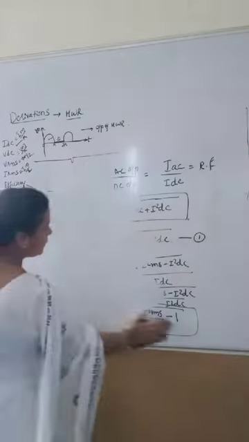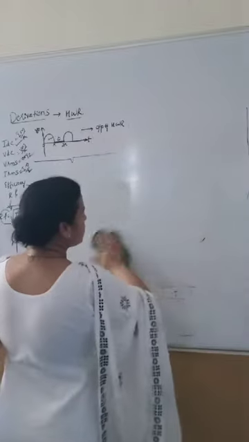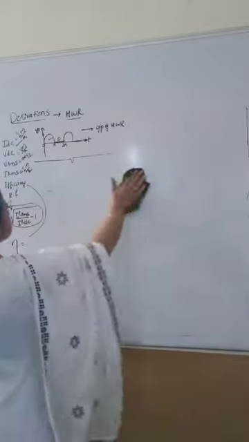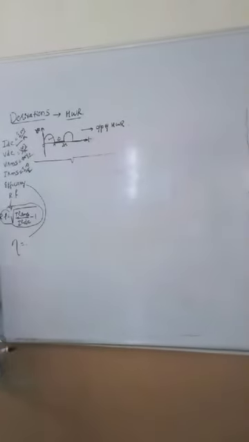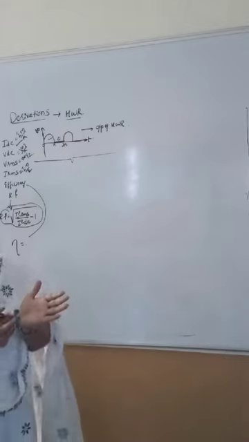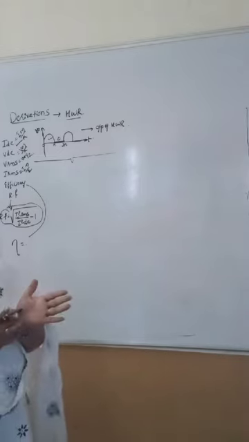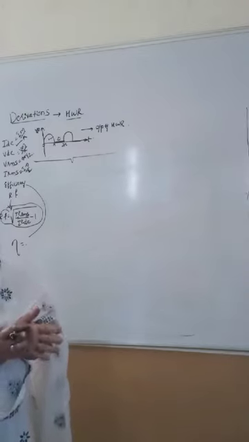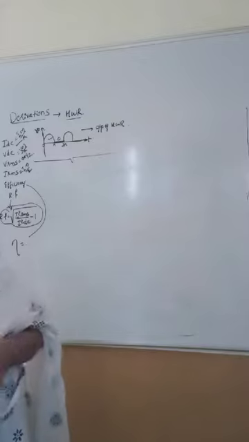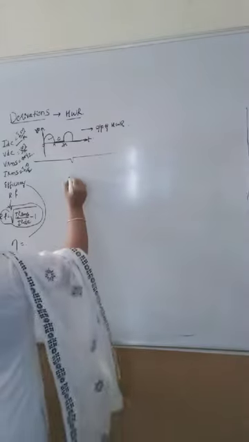Again, for deriving this equation, we should remember clearly what efficiency is. We have done this in a previous class. Efficiency is how much AC you have given as an input to the rectifier circuit, and out of that, how much got converted into DC. Calculating that will be your efficiency.